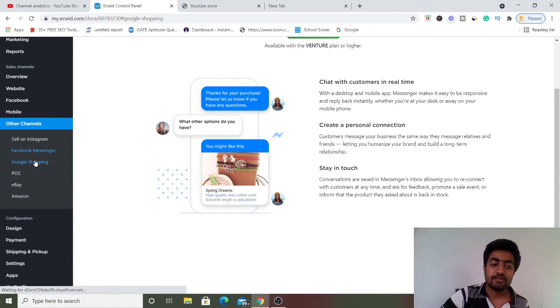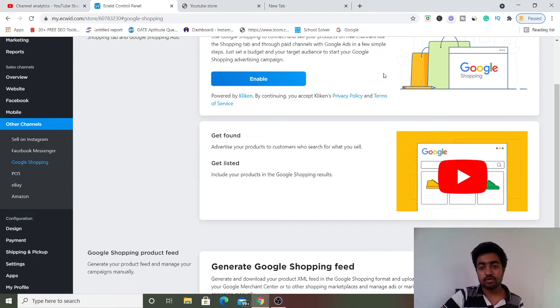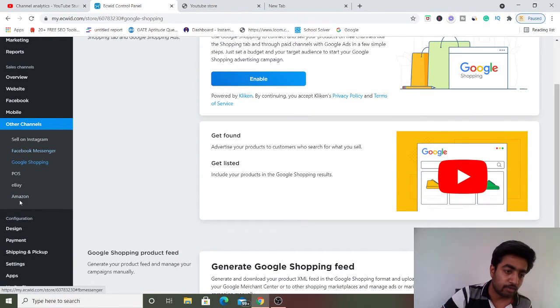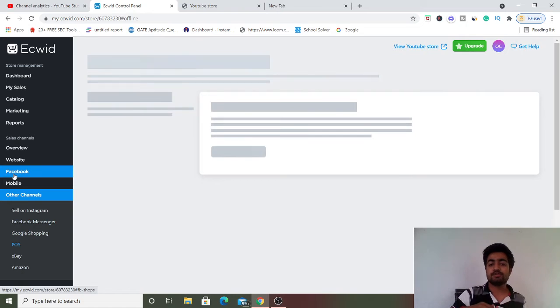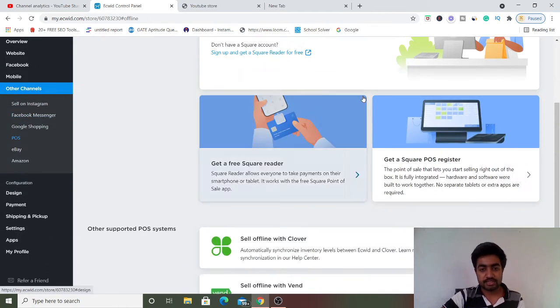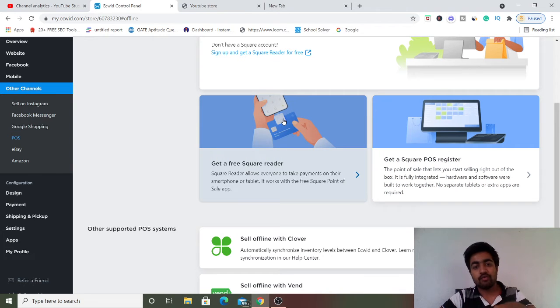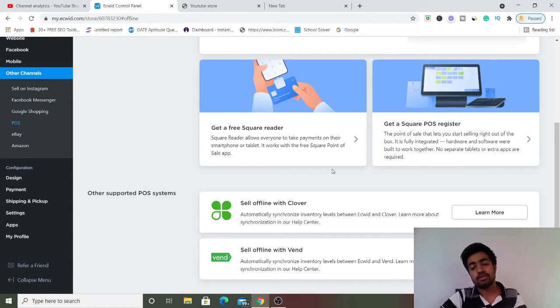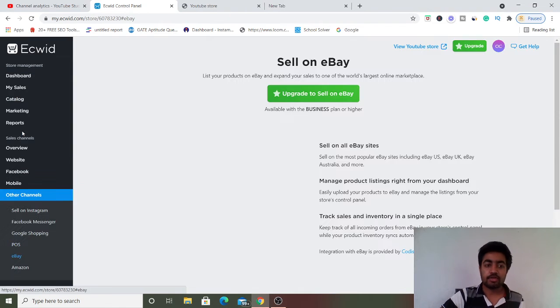And then Google Shopping, as I told you, Google Shopping is a perfect thing. You just enable it, it's also free, right? You don't need to upgrade your plan, right? POS means point of sale, which means if I meet you in person, you can just check out, right? It's like this. You have a phone with the app in it. You just put in the items and then swipe the card, they pay the bills, and that sale is recorded and registered in your CRM, which will help you in determining customer data and customer analytics, right? That's why it's perfect.